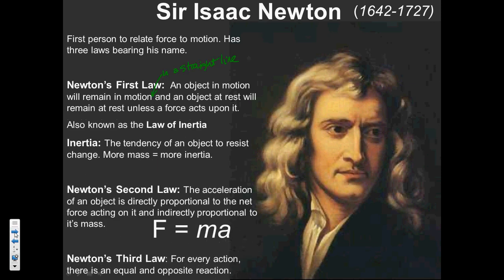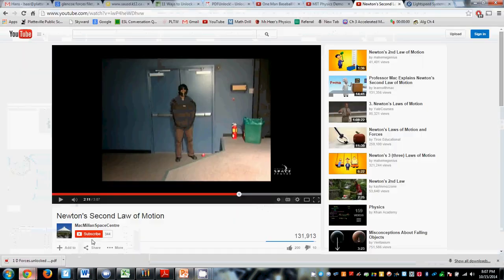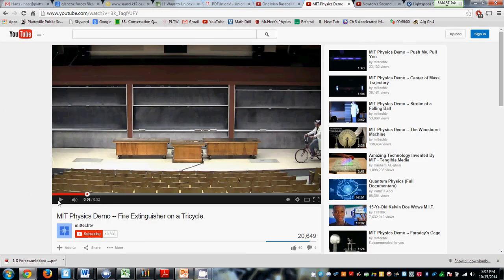Newton's third law says that for every action, there is an equal and opposite reaction. Kids can spout this off, but these are really difficult laws to truly have a conceptual grasp on. So let me show you another example that I found. This was at MIT. This professor has not a rocket, but a carbon dioxide fire extinguisher hooked on the back